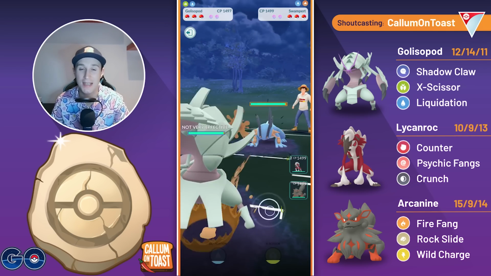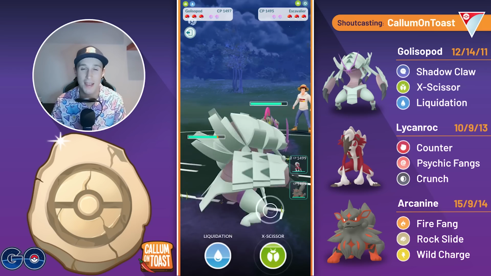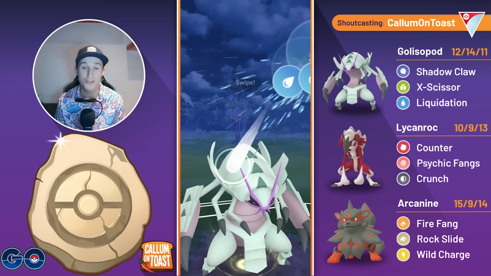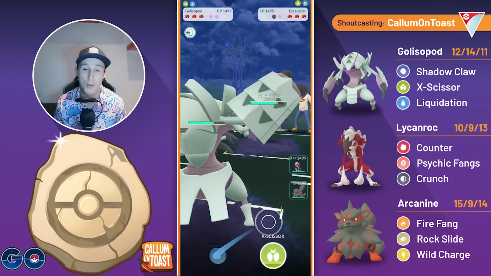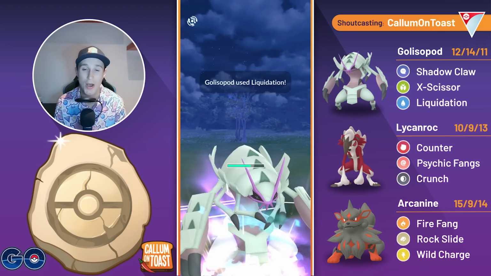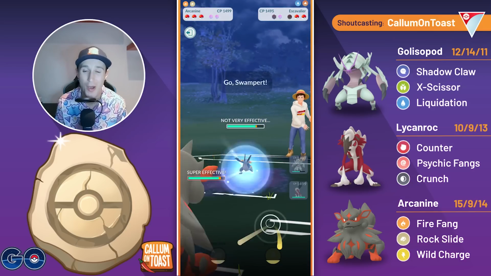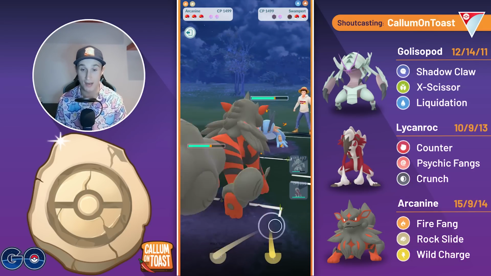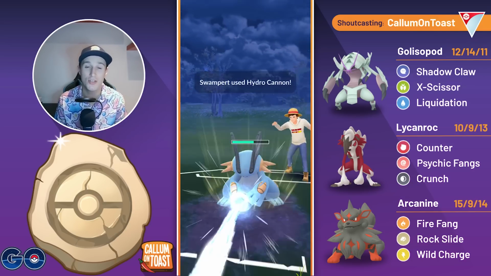Into the next battle, we see Golisopod into Swampert, so a very good lead for Golisopod. I'm going to see if they try to make a catch there. They swap into the Escavalier. We're going to go for the Liquidation, grabbing a shield, and we go for the second Liquidation as well. This is going to do a lot of damage if they let it through, which they do, and then we swipe, sorry, we don't swipe, we snipe with the Hisuian Arcanine,